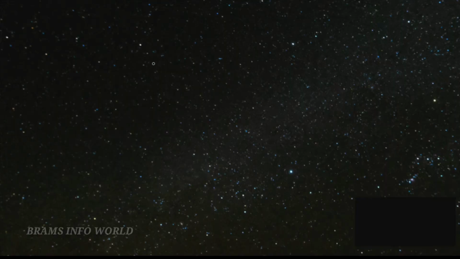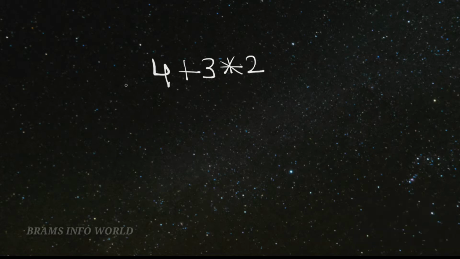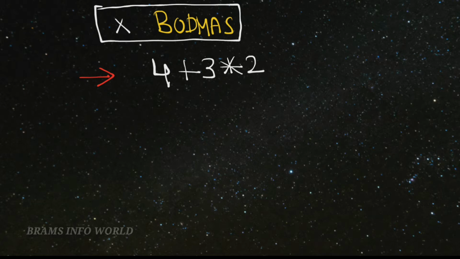There is an expression like 4 plus 3 star 2. How to evaluate the given expression? Plus or star, which one is first? Unfortunately, the C language does not support the BODMAS rule. Most people say this expression is evaluated based on the BODMAS rule, but it is wrong. B stands for braces, O stands for order, meaning square root or square, D stands for division, M for multiplication, A for addition, and S for subtraction. This is the BODMAS rule, which exists in algebra, but there is no BODMAS rule in the C language.